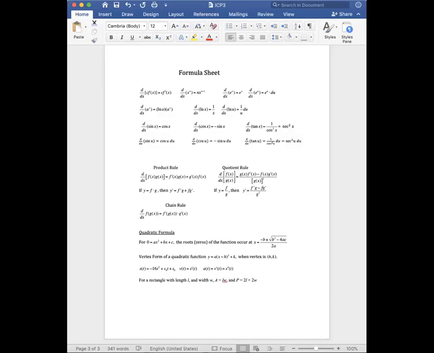Okay, let's go back to the formula sheet. I wanted to show you on the formula sheet, we do have some basic pieces of information here regarding derivatives at the top. We've got the product rule, quotient rule, and chain rule listed in the middle. And one thing at the bottom here I want to point out is that for this problem, problem number 3 on the in-class problem set, it's got to do with these gravity-related